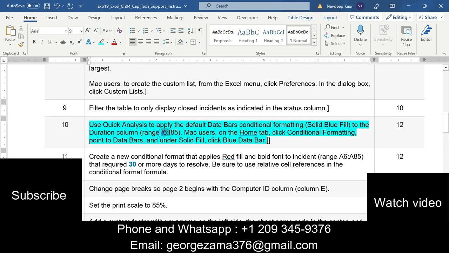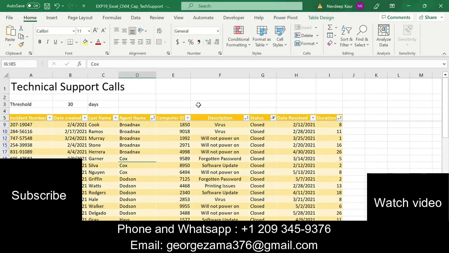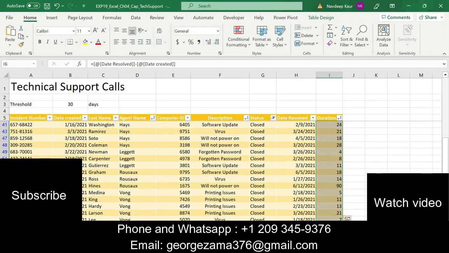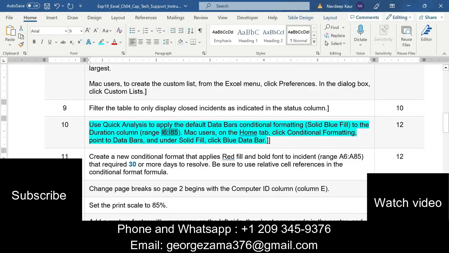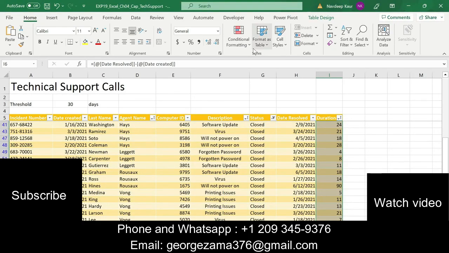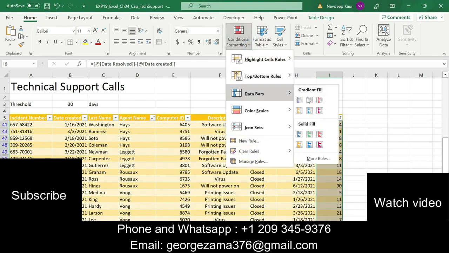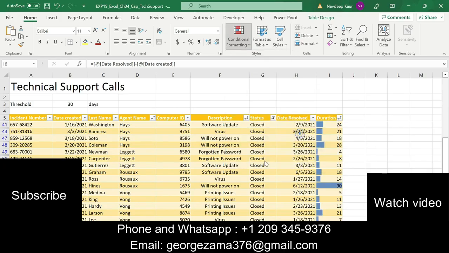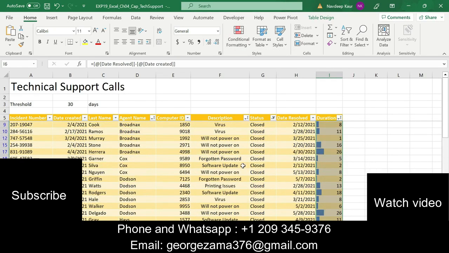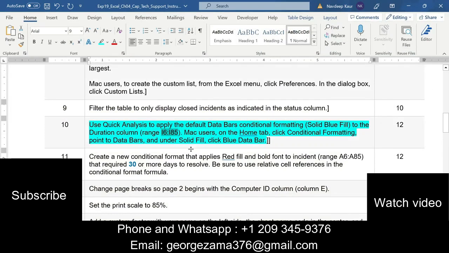So I will simply select the duration column data. This has been selected, and we are supposed to select the default data bars conditional formatting, solid blue fill. So data bars is here. So this is the solid blue fill data bars conditional formatting to this duration column that we are supposed to use for this step number 10.